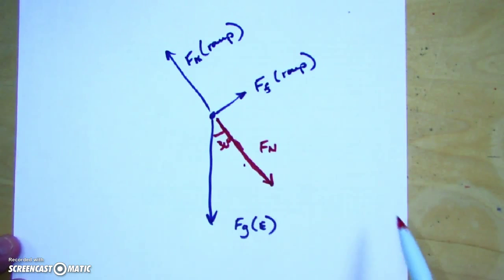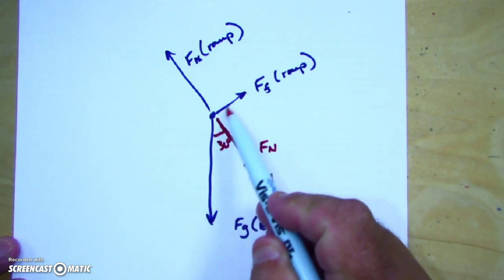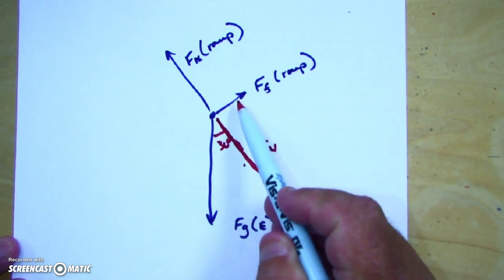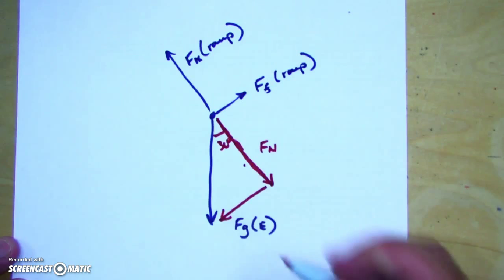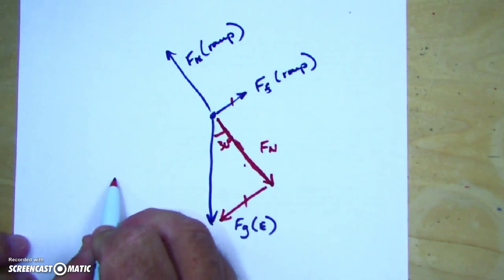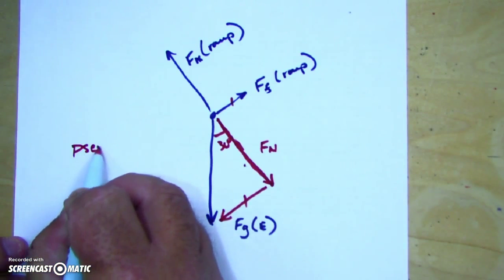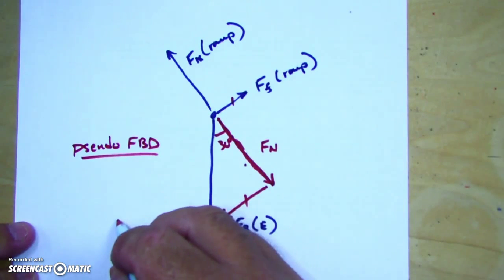Now here's the neat thing: the part of the weight that's going down the ramp needs to be counteracted by this friction. So friction really becomes this side of the triangle. Now those are actually going to be the same length. Now my pseudo free body diagram is going to remove this FG and replace it with these. So in other words, let me redraw it over here, and I'll redraw it in red. This is my pseudo free body diagram, which is what I really need to solve the problem. What it's going to have is